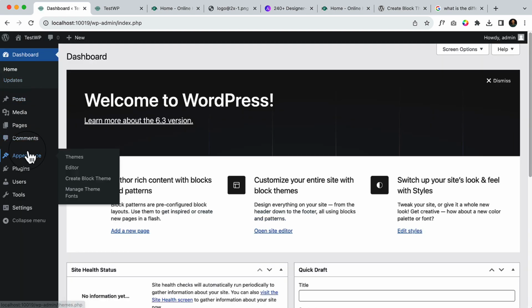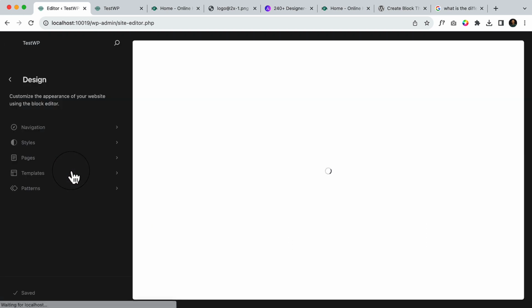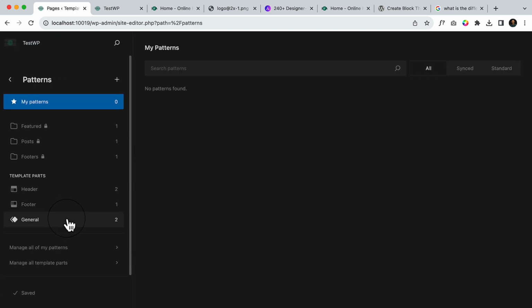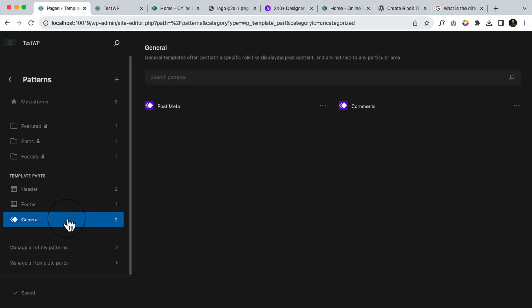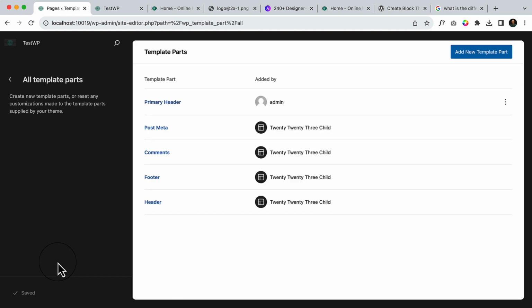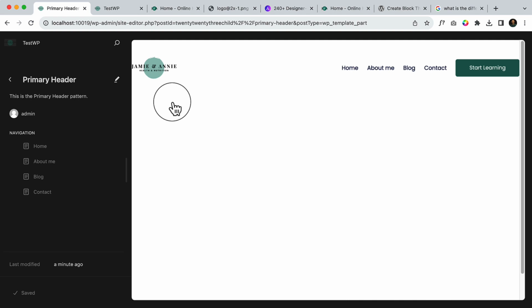Let me go through again. From editor, we were creating our header here. So manage all template parts. This is the primary header. So we have created this primary header,